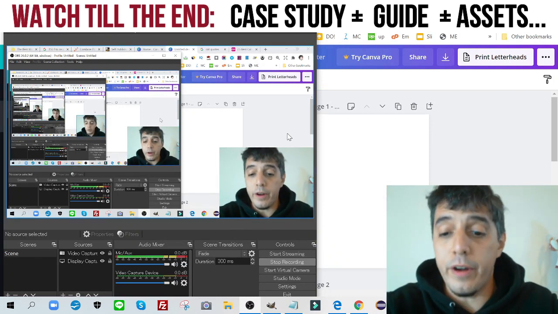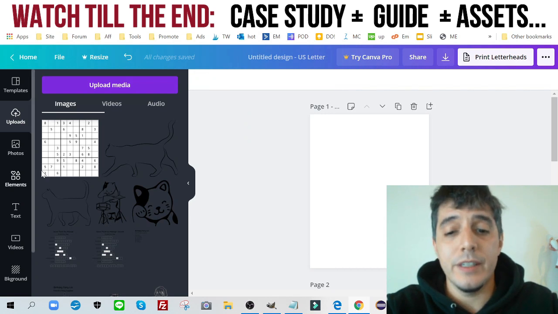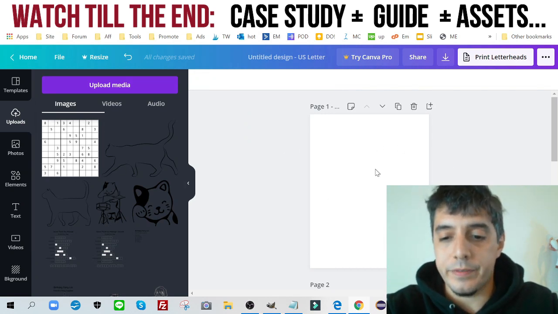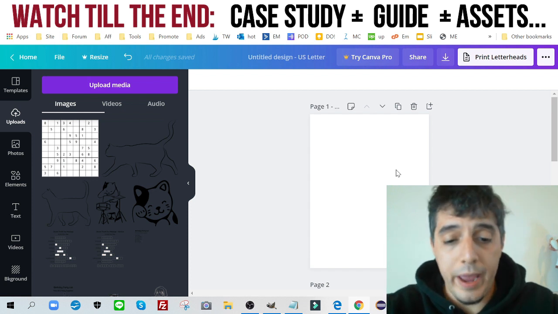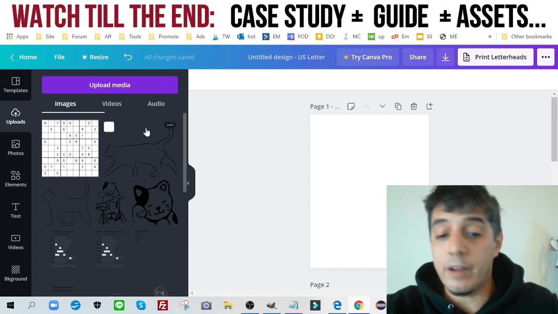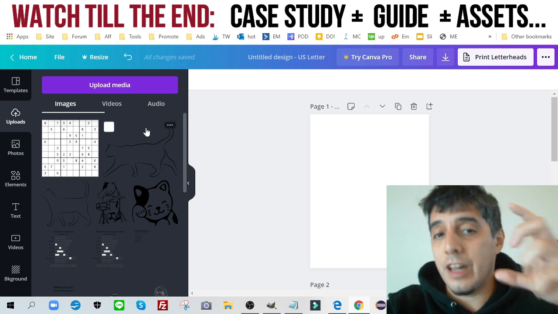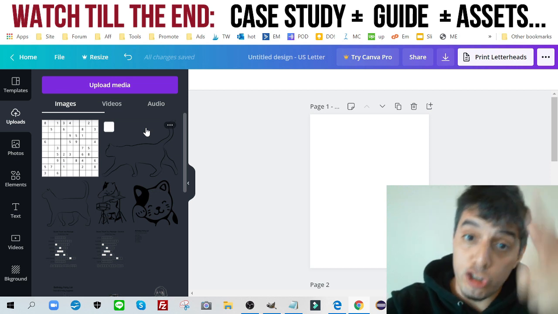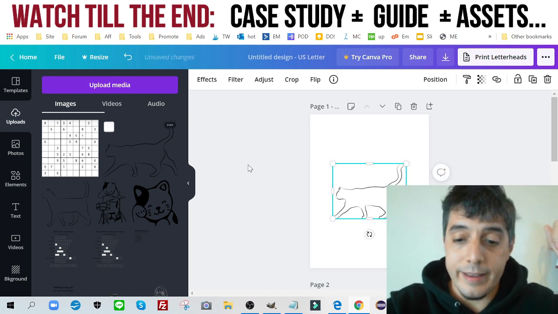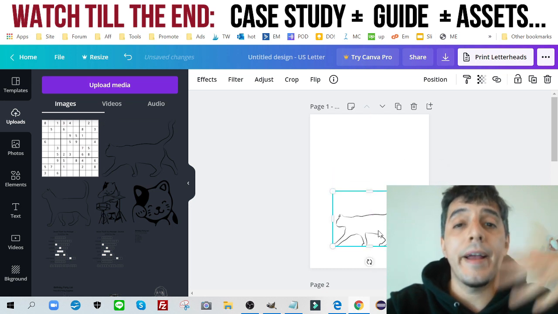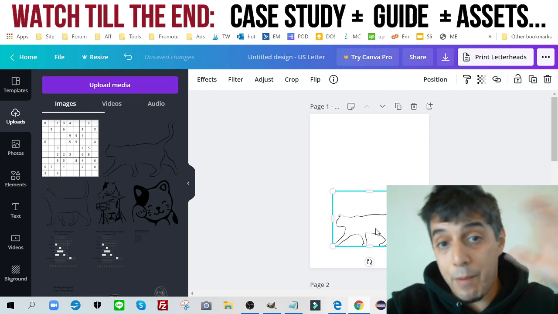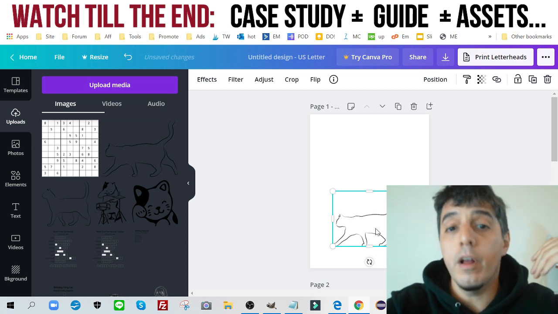between the actual game itself. So here I am, back in Canva, and my page size is of course 8.5 by 11 inch. And I'm gonna just add some of these. Again, I have all these elements, these image elements, these assets down below. Make sure you check that out. I'm gonna add a cat here. This is the same cat I used in my actual game